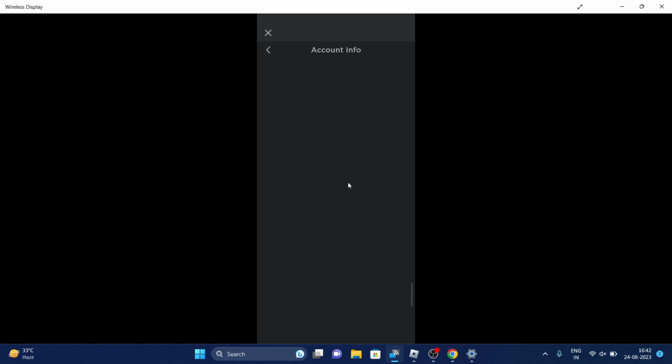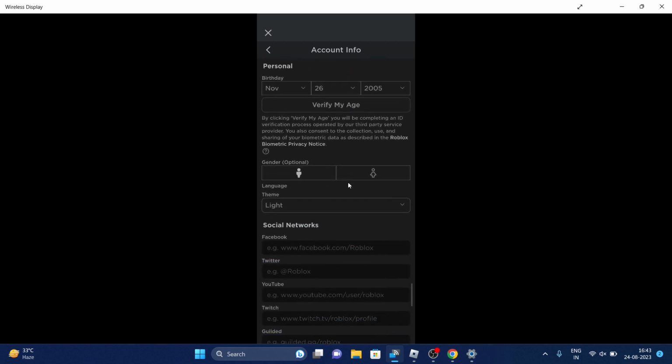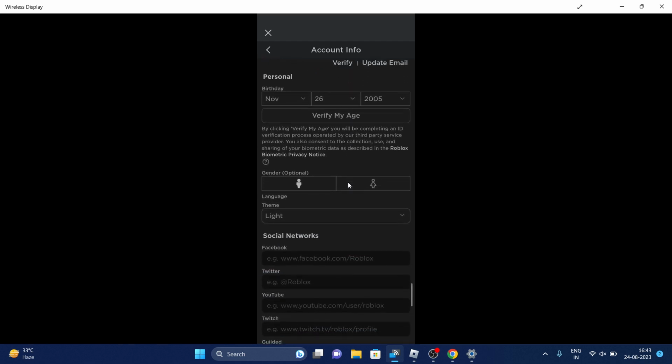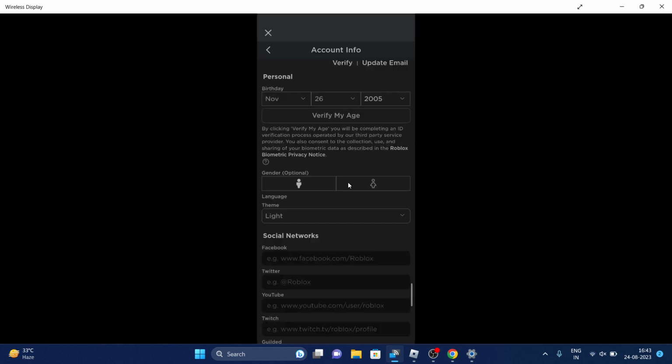In account info, the first step to get voice chat is to verify your age. If you haven't verified your age, you won't see that option, or you won't find the microphone option in the privacy. So the first step is to verify your age, and you can see that you have to choose your birthday, just add the date and year. Once you choose the year, once you confirm that this is my birthday, then you have to tap on the